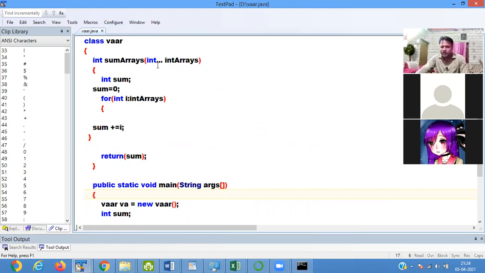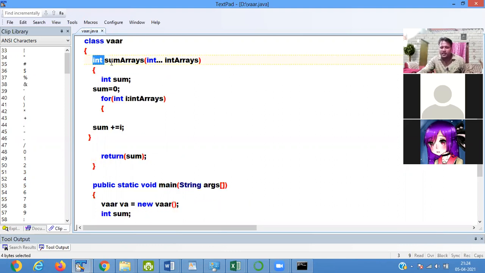Okay, see that class Var, then a function is defined, with int return type and function name sumArray. If you use void, no return is needed, but with any other return type we must use the return keyword inside that function. Remember, when you pass a return type except void, your function is returning a value. As I am passing int as the return type, it returns the sum. So when I call the function, it adds all the values and shows the result.